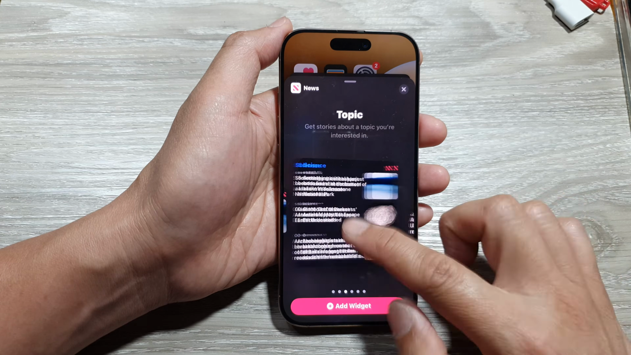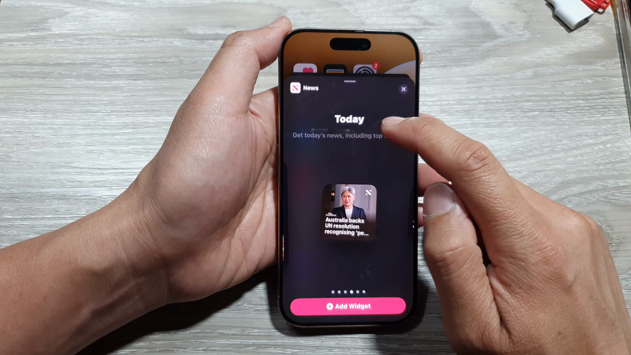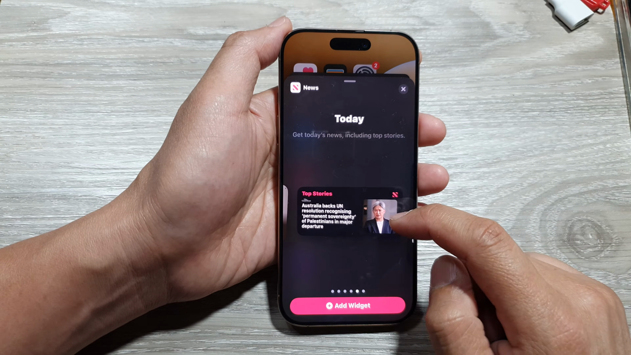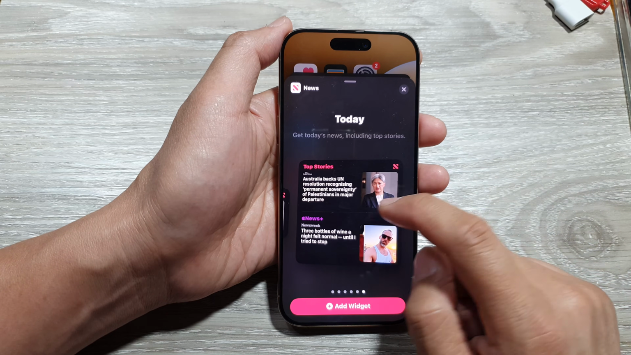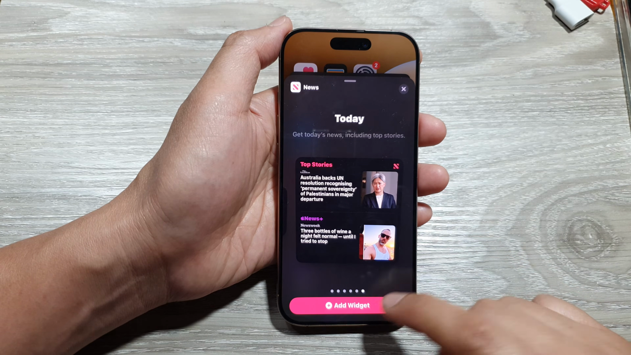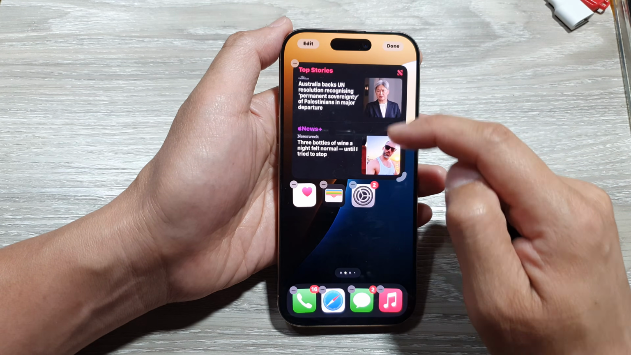Now swipe across until you see it say today. This is the today's news widget. You have a small size widget, medium size, and a large size. So here, select a widget size, then tap on add widget, and the widget will get added to your home